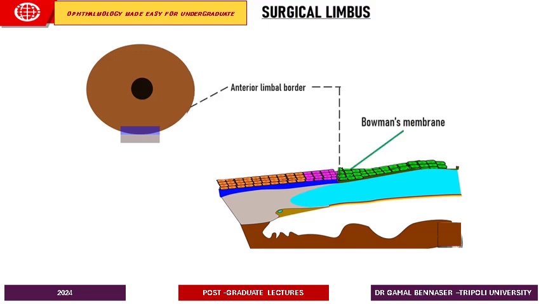So the anterior limbal line denotes the termination of the Bowman's membrane, as you can see here, and it aligns with the anterior border of the blue zone. Now this is called the blue zone, and the mid limbal line is midway between the anterior limbal line and the posterior